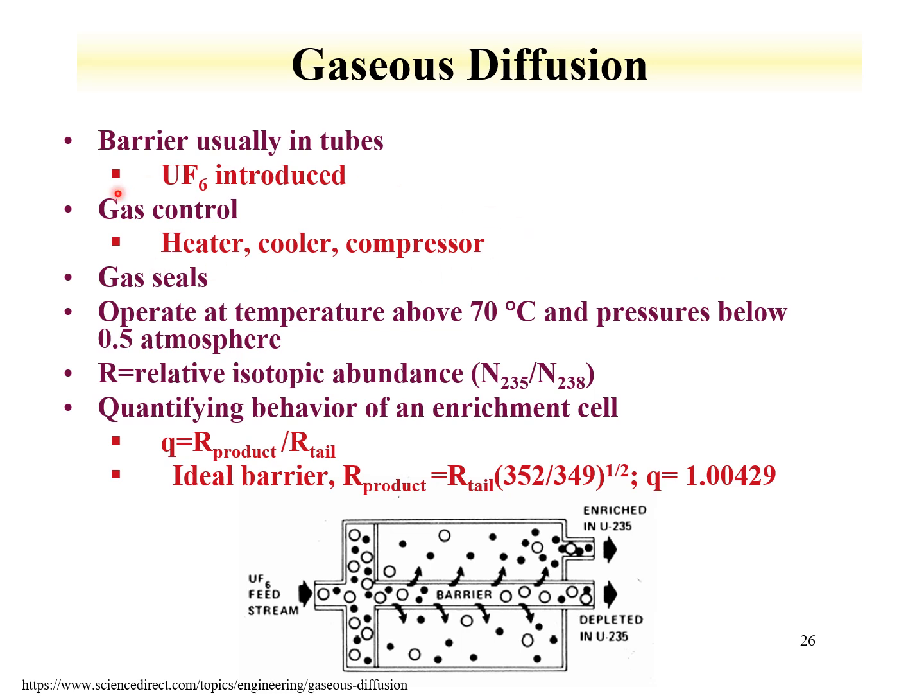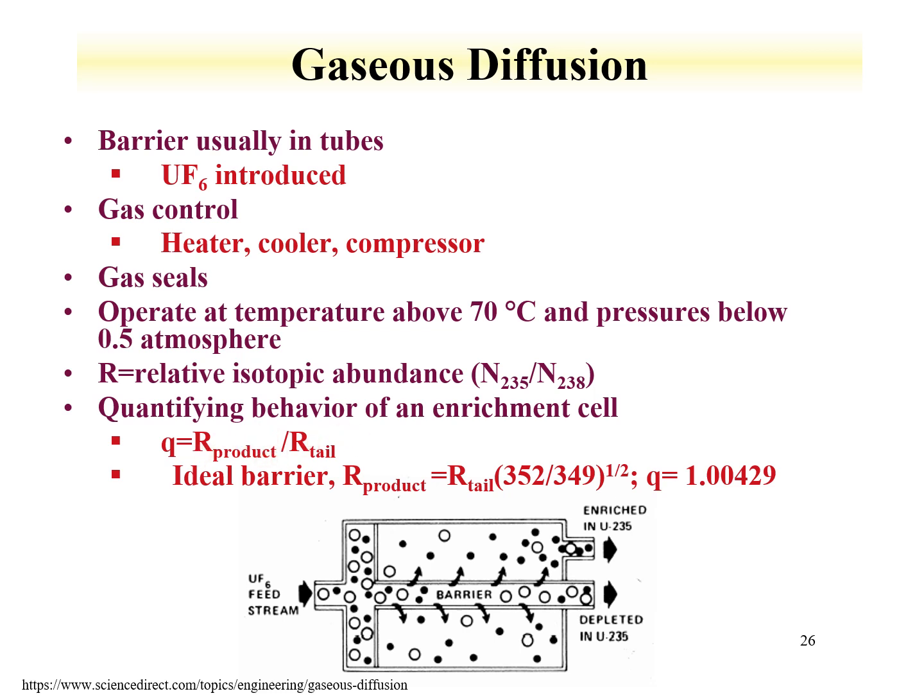Some of the controls of this include heaters, coolers, and compressors to control the gas. Most of the time they operate at above 70 degrees and pressures below 1/2 atmosphere. You can quantify the behavior of an enrichment cell by this factor, Q, being the R of the product and the